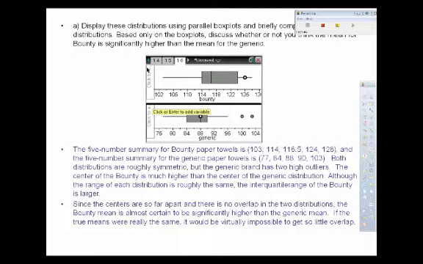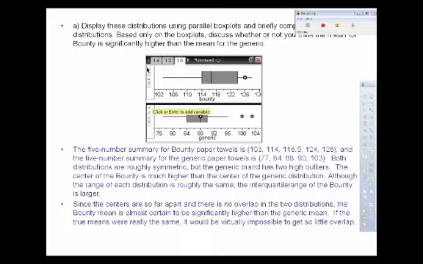Both distributions are roughly symmetric, but the generic brand has 2 higher outliers. And I did this, of course, on the Inspire. High outliers. The center of the Bounty distribution is much higher than the center of the generic distribution, although the